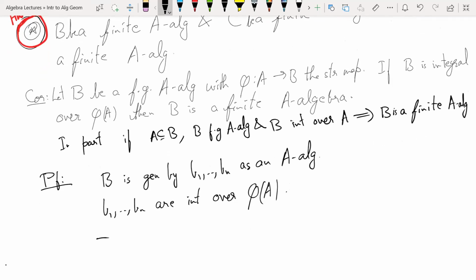So this implies, for simplicity, I'll prove this second version. What happens is this implies that, by the theorem,